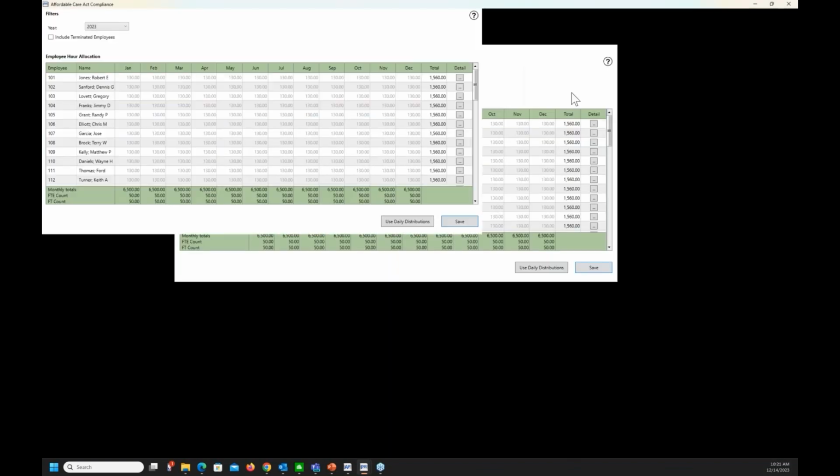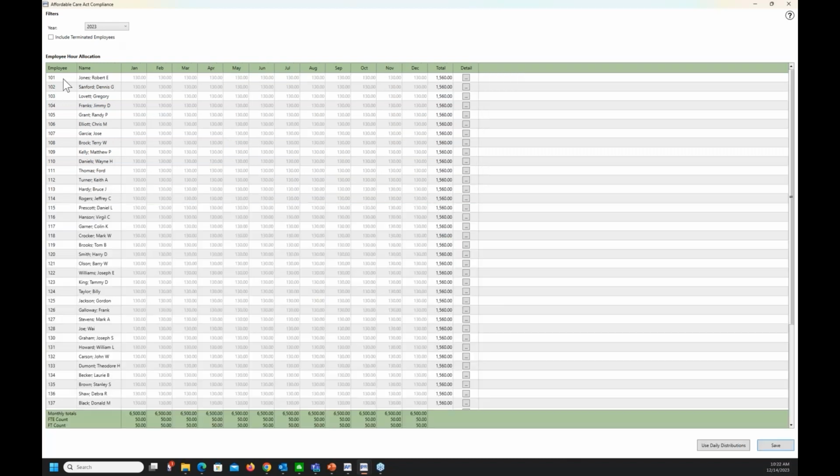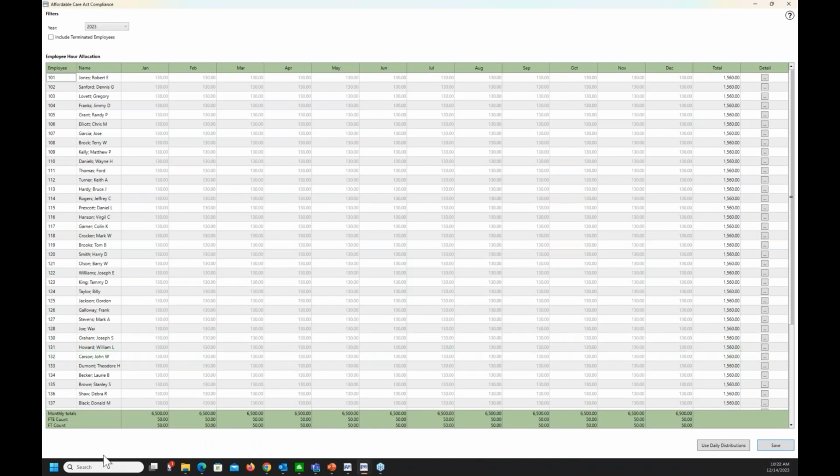And here's all of my employees. Okay, this is for 2023. All right, I've got a count of 50 of these. Okay, these qualify. If I need to adjust any individual, supposing they didn't work for a period of time, I can click on this detail